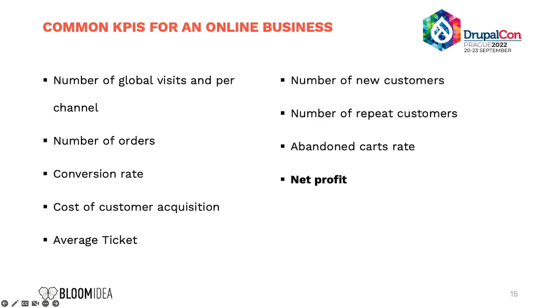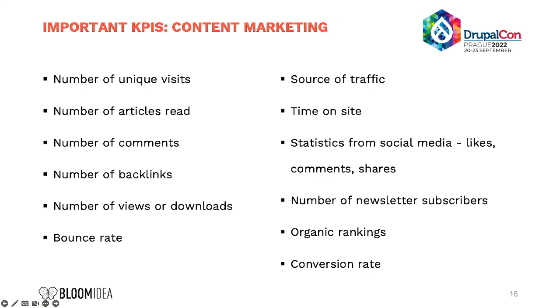For example, the number of orders. This is an easy one to see. If I need 100 orders a month to keep my company in good shape, and I only have 50, it's easy to see that something is wrong, that I need to change something. Then, for each channel, you also have some KPIs that you should monitor.